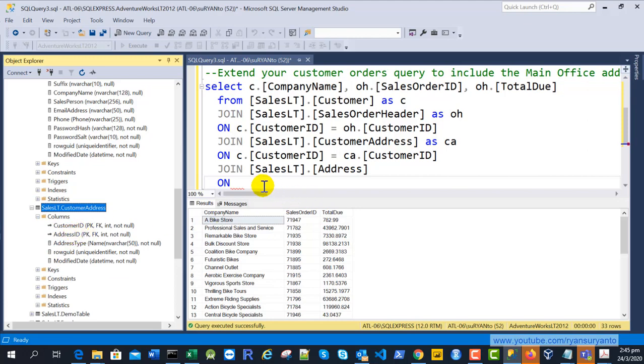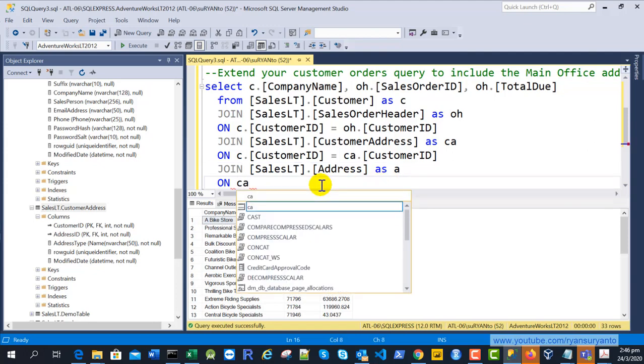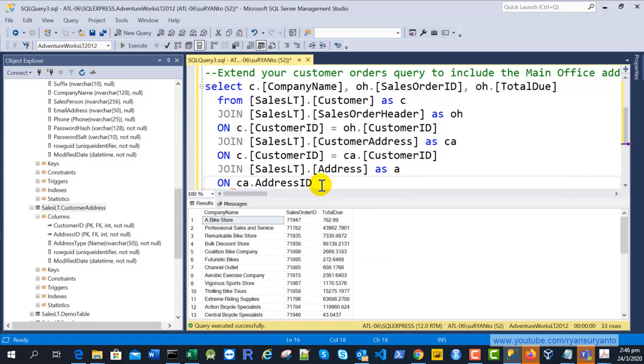So that will be used as a linking column. The address we call it A. So on, CA dot address ID equal to A dot address ID.